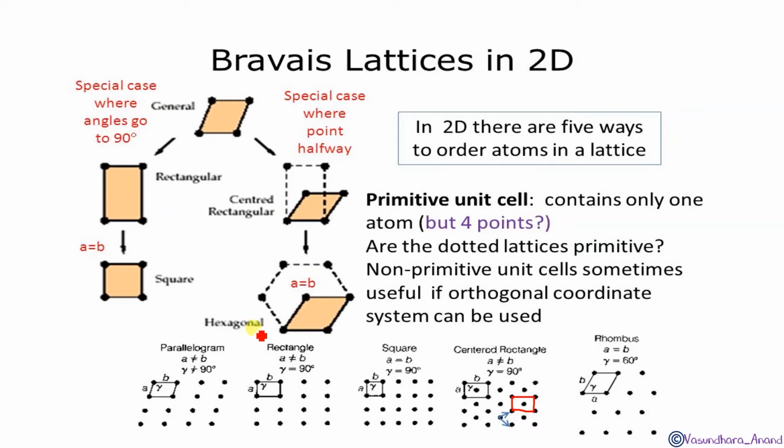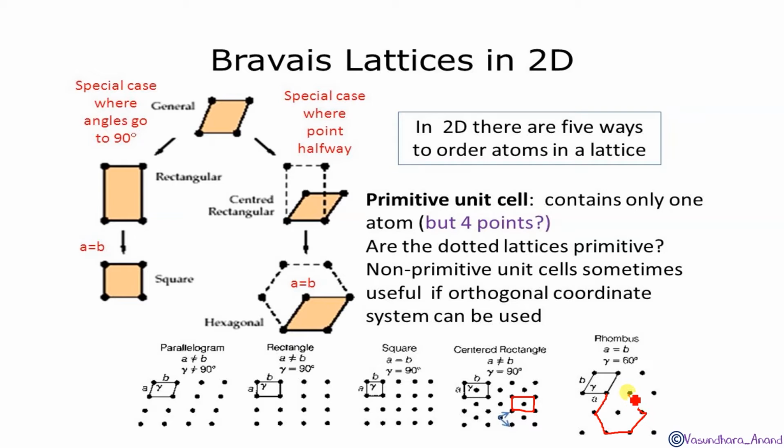Then hexagonal, where A will be equal to B, all the sides will be equal and the angle will be 60 degree. Okay, that is also called rhombus. We will call this a rhombus. And if you see how it is going to form the hexagonal, let me show you. If I add this one,